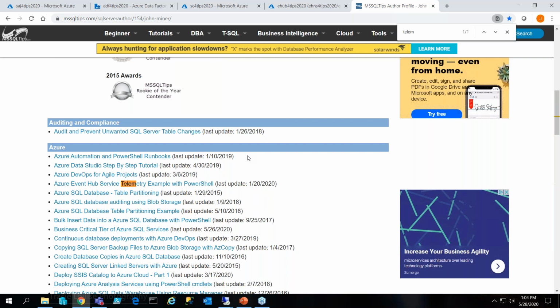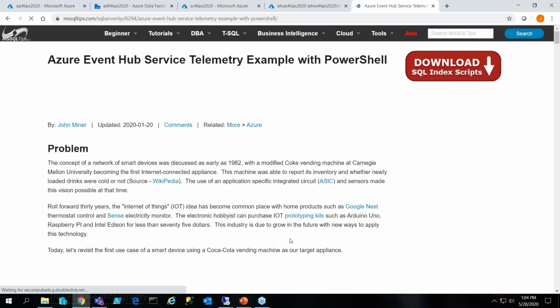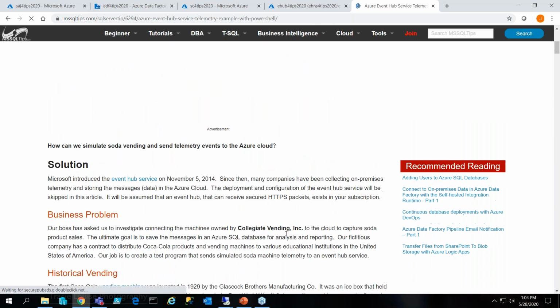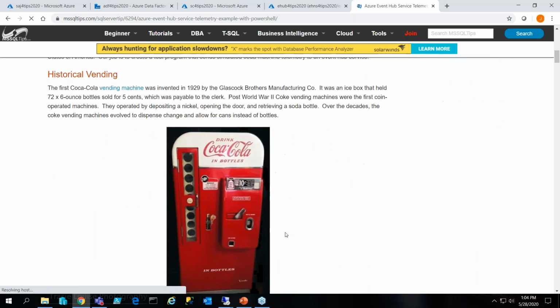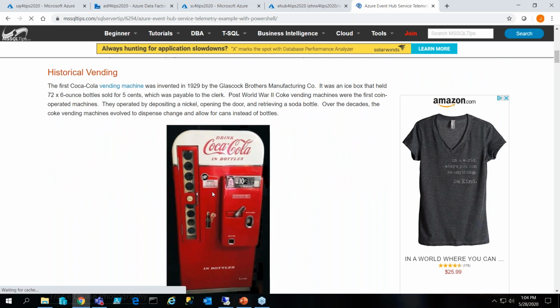Telemetry is one of those things in which you capture data from a connected device. How many people have actually gone and gotten a soda machine? This is a soda machine here. This is old school, 1929. When I was growing up, I was born in the late 60s, but in the early 70s, they still had these machines. So we'll talk about a modern use case of that, as well as how you can ingest telemetry,